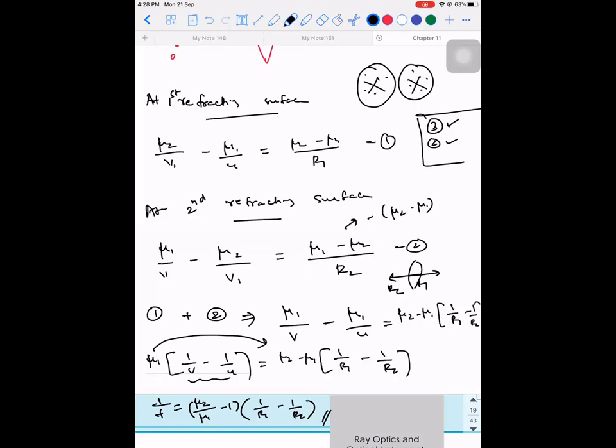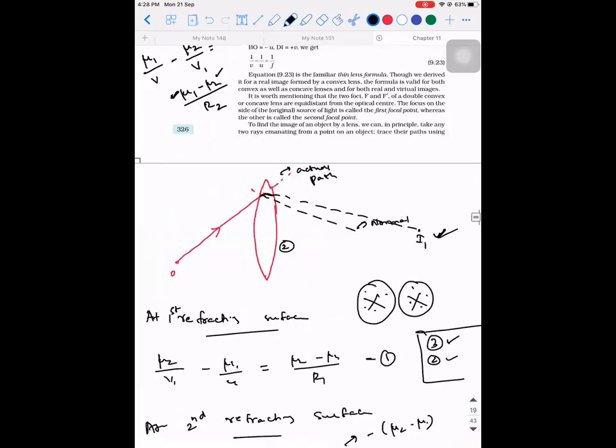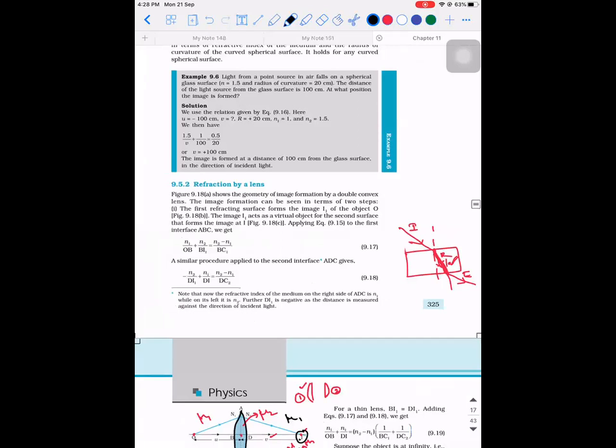This is the best example you can understand. Suppose you take a glass slab, so you can relate it to the lens. I'm keeping half the glass slab in air, and the remaining half is in water. How many refractive indices are possible? According to your question, it is 3: air, glass, and water. But how many times will it undergo refraction? It is still 2 only.